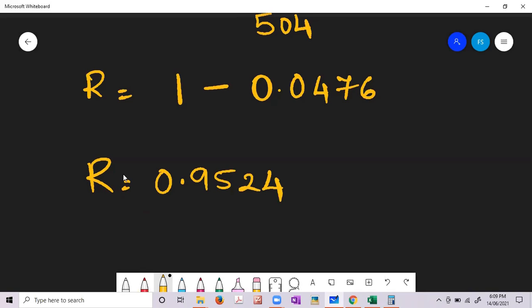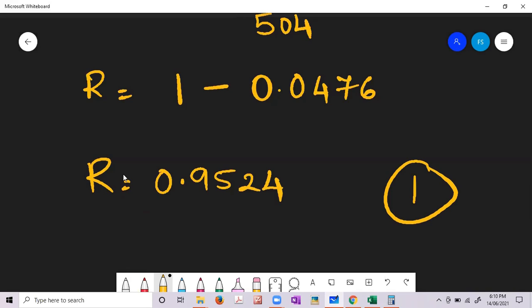This means there is a considerable agreement between both the judges. If your answer comes to 1, perfect plus 1, or rather just 1, you have to say that between both the judges, or both the data sets, that is X and Y, there is an agreement between the ranks. Perfect agreement means the ranks given by both the judges are exactly the same.